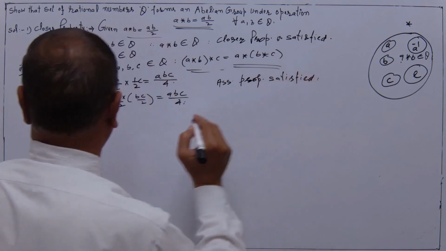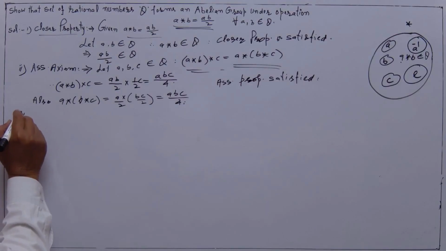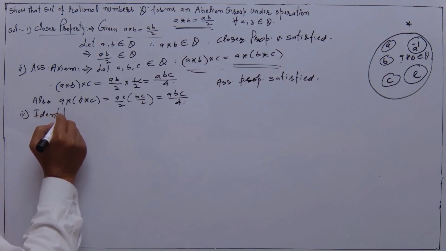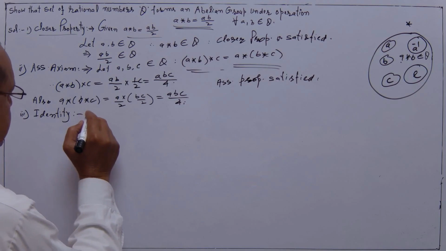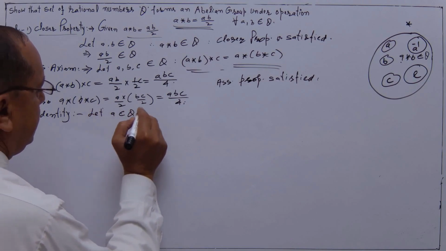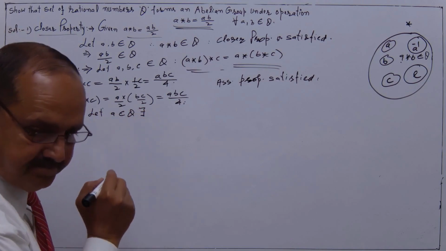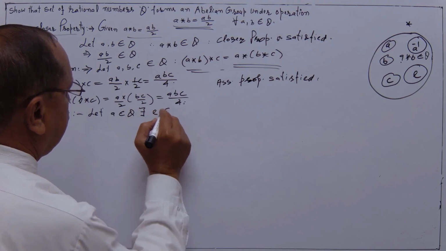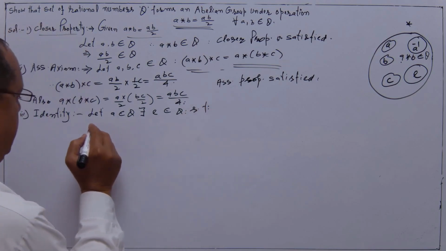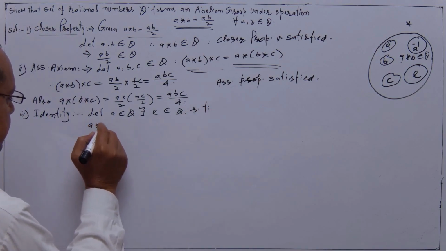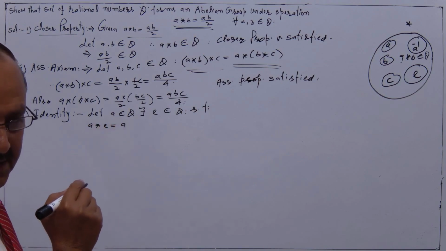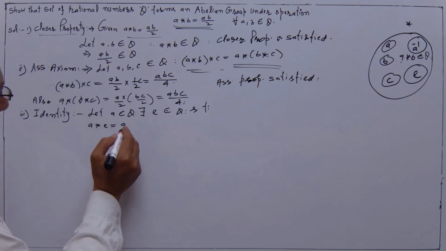Here, next property is identity element. Existence of identity element. तो इसमें क्या, let element A belong to set Q, then there exists element E also belonging to the same set, such that A star E must be equal to A. Means the identity element does not change the position of the given number,